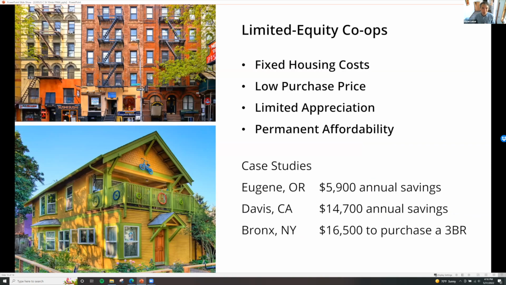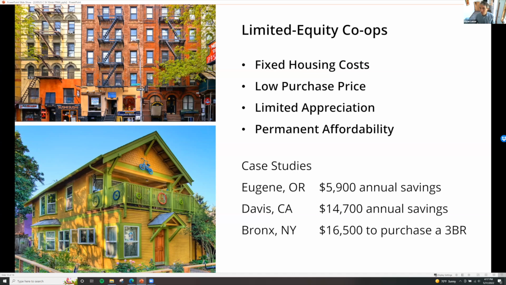I discovered through my nonprofit partner the world of limited equity co-ops. So I've become pretty excited about these. They've got a deep history in America. About 3/4 of all the apartment buildings in New York City are owned as cooperatives. People on the West Coast typically don't know about that. People on the East Coast are more familiar with it, but co-ops have been around a long time.